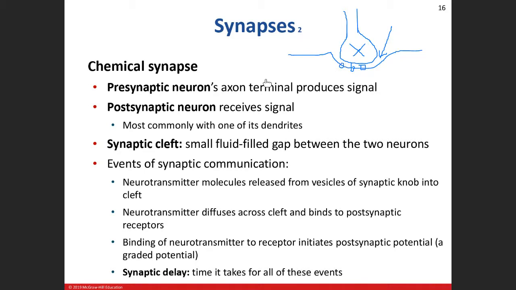So let me tell you a story as you're writing things down, okay? The events of the synaptic communication. Okay? So it's a quick story. You've heard me tell it once or twice, okay? But repetition is very helpful. All right? So as our nerve signal comes down the axon, it's going to stimulate some things to occur that we'll talk about later. But all in all, it's going to stimulate